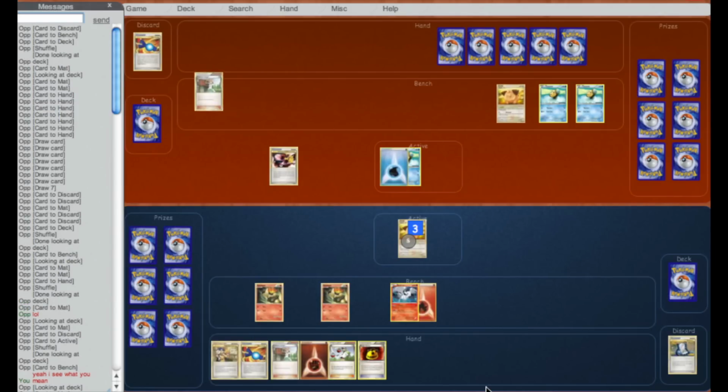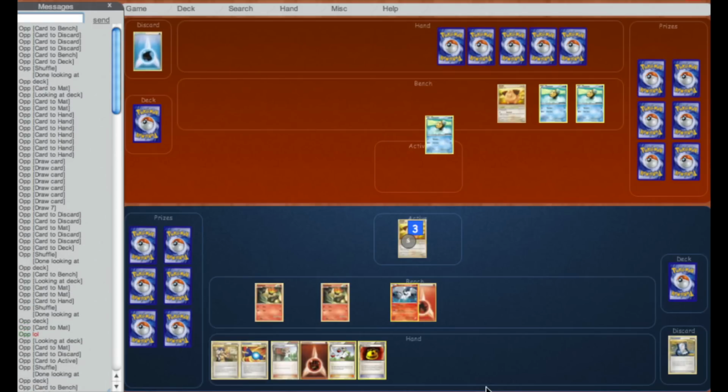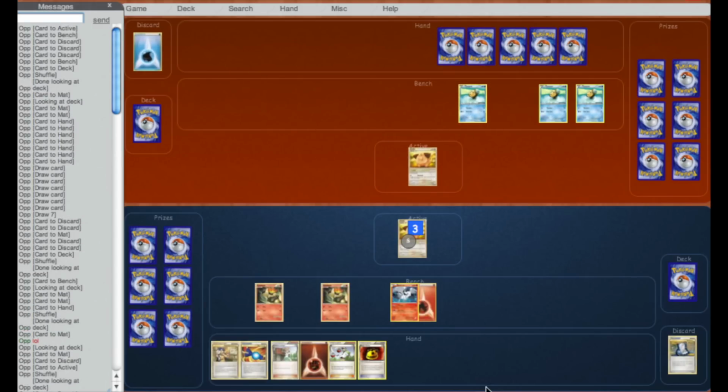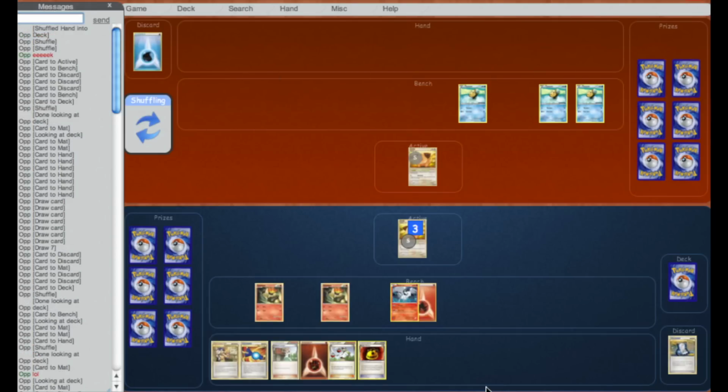And I'm expecting him to Eek here, I guess. The deck needs a lot of Rare Candies, a lot of Stage 2s to be really good. He does retreat, and I think he's just going to Eek. So there you have it. And he has a little trouble returning his hand into his deck, but